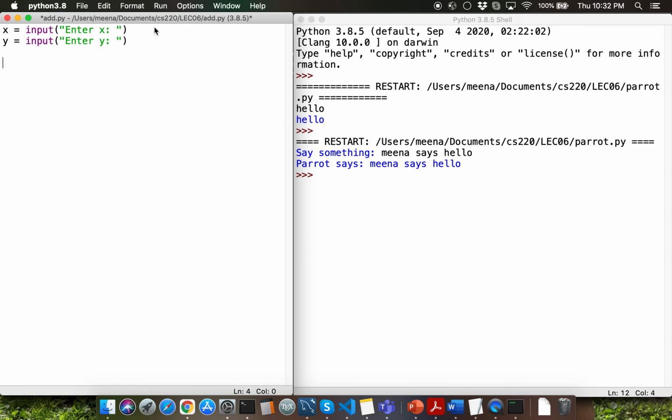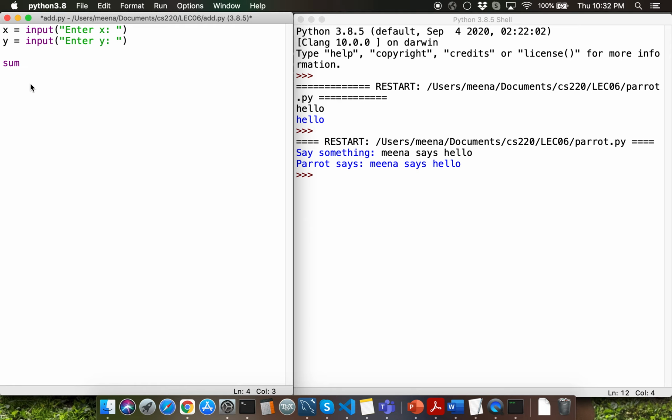The objective here is for you to compute the sum of x and y, correct? Let me type in the word sum. Notice that the color of the word changed into purple. That's because sum has a special meaning in Python. You should stay away from using sum as a variable name.